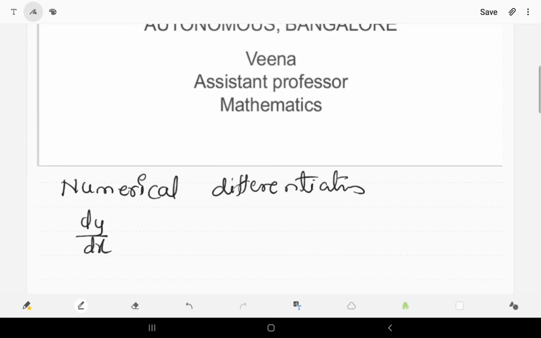When the arguments are equally spaced, we use Newton's Gregory method. Here also, when the value is nearer to the beginning of the table, we use Newton's Gregory forward interpolation, and when the value is nearer to the end of the table, Newton's Gregory backward interpolation is used. When unequal intervals are there, Newton's divided difference formula is used.